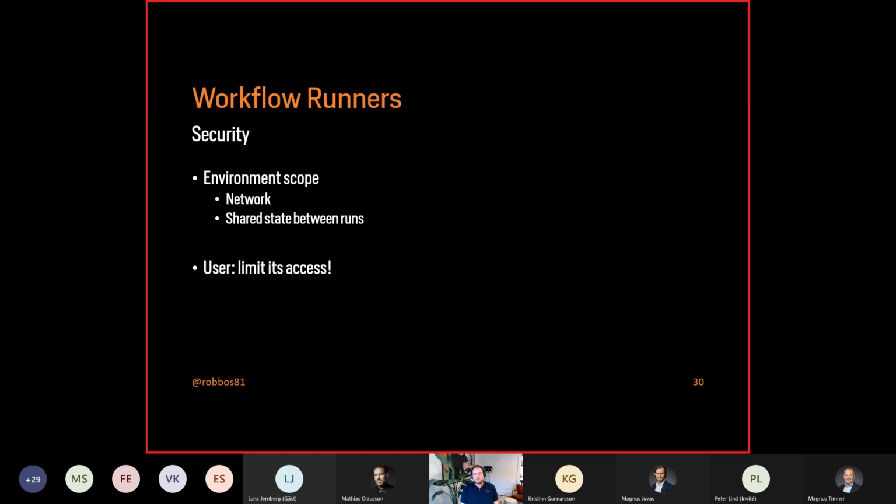For security, and of course, this is especially interesting when you run a self-hosted runner, you need to think about all the things that the runner has access to. As I said, you install it as an agent on a machine, and that agent gets a user under which it runs. Whether it's a cron job, or actually scheduled as a service, you give it a user that it runs on in that environment. So it could have access to anything in your network.